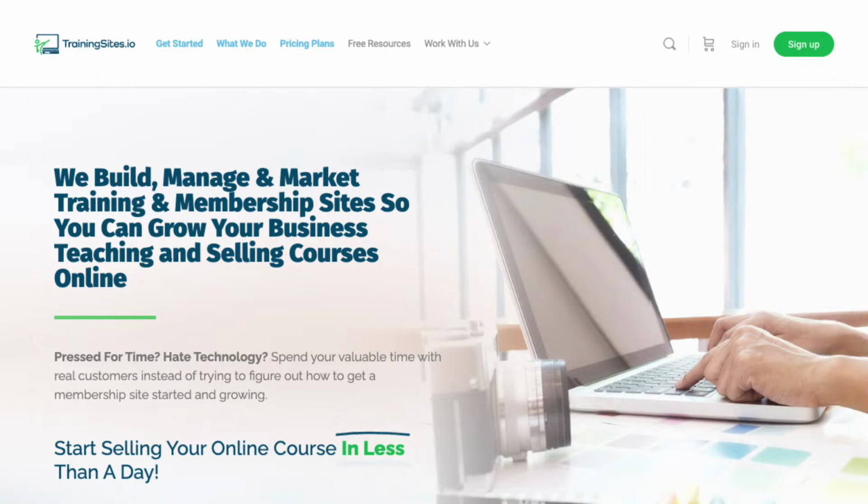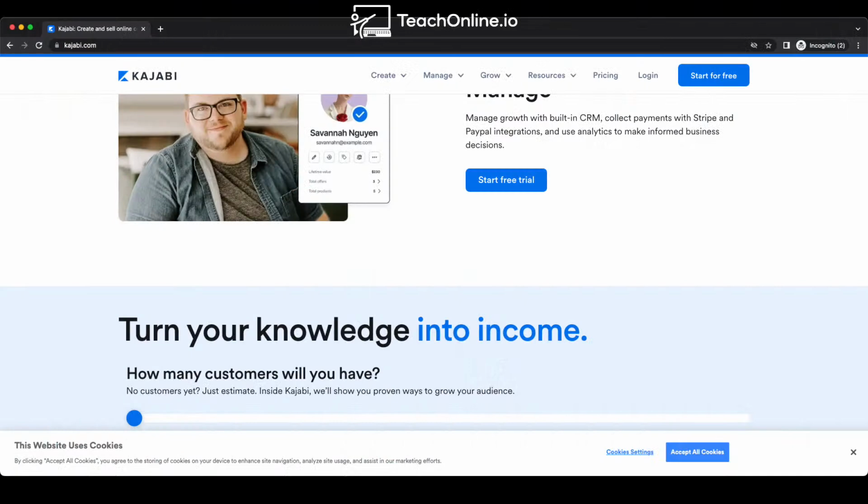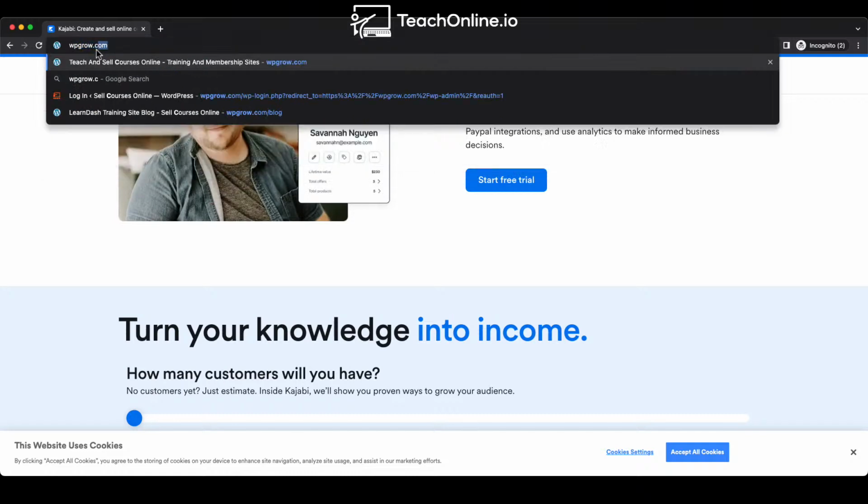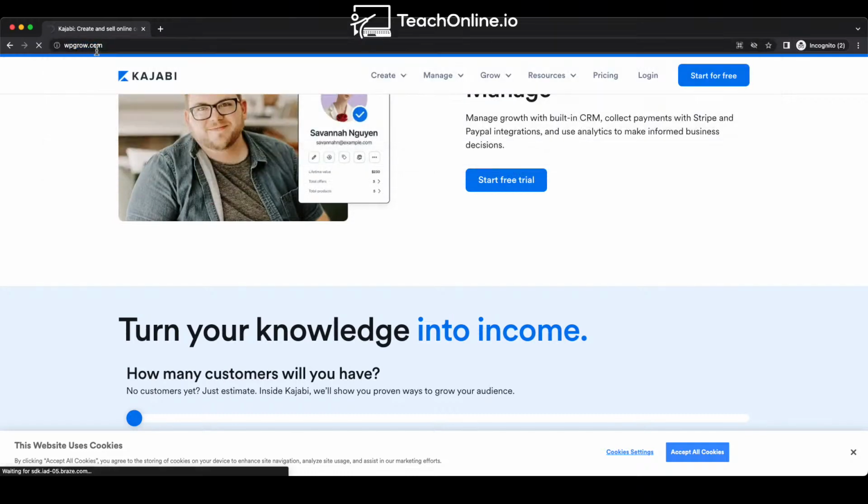There we go. Oh, that one's not working, so I'm not going to use that one. I'll try a little bit different and go to another page and see if we can get that to open up here. So we'll go to the WP Grow site or the trainingsite.io site. Both domains work, they go to the same place.